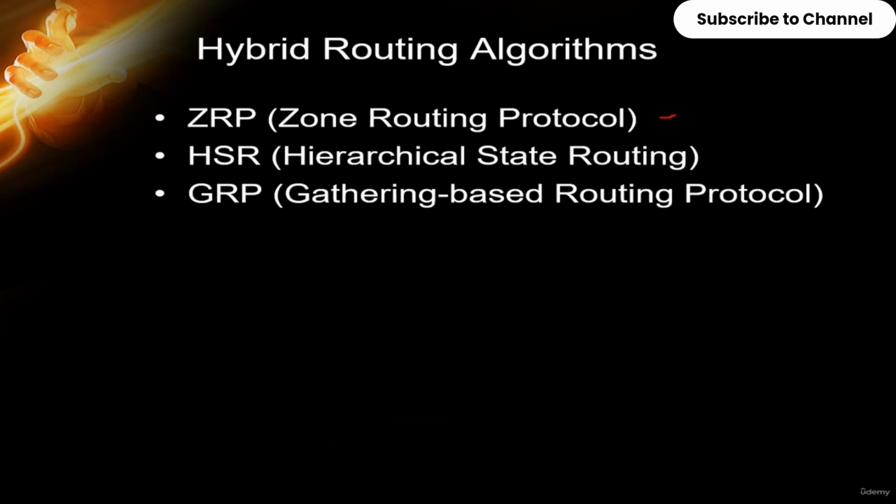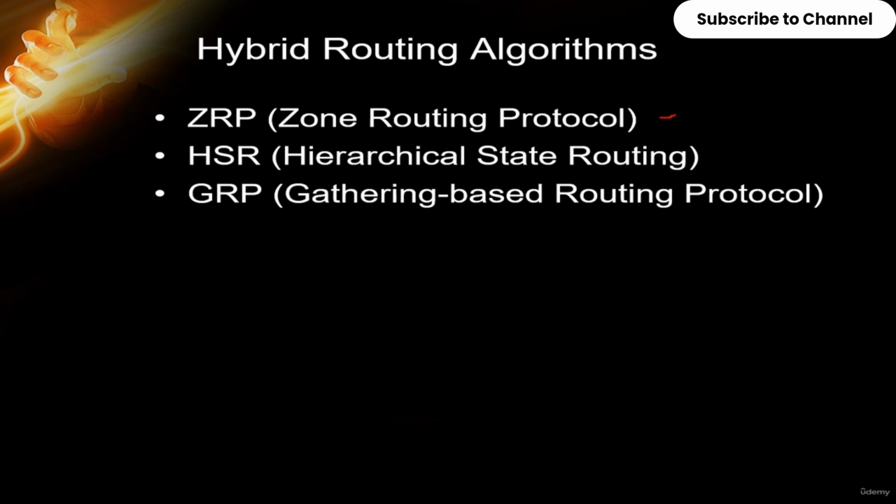The operations are intra-zone routing and interzone routing. In intra-zone routing, it proactively maintains the routes within each node's local zone. In inter-zone routing, it uses reactive routing for communicating between nodes in different zones. Additionally, it provides a functionality called border casting, where a node needs to find a destination outside its zone. It uses border cast route